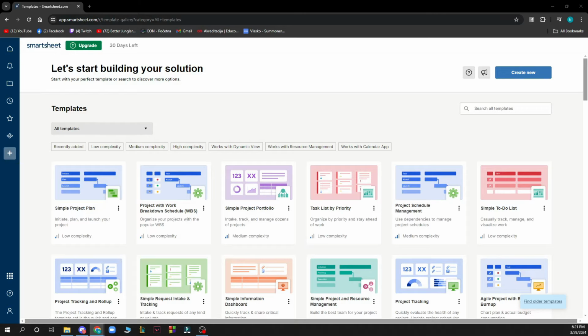Hello guys and welcome back to this channel, where today I'll be showing you how to export data from Smartsheet to CSV file. So guys, the first thing that you of course need to do is go to smartsheet.com